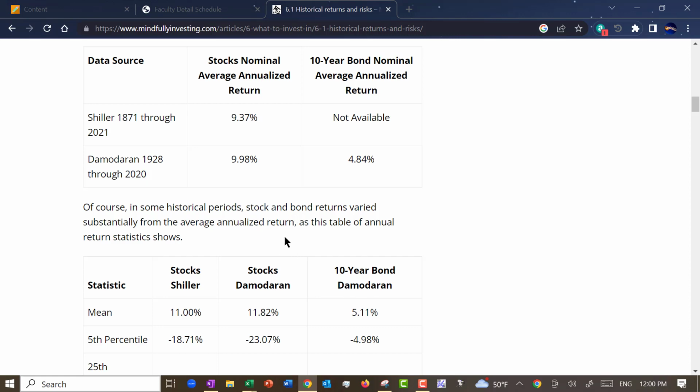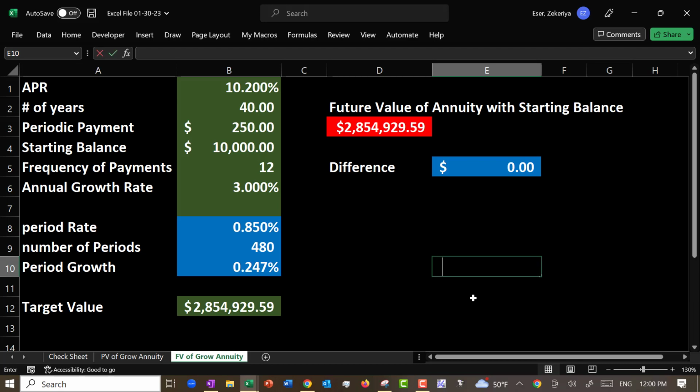So let's assume it's about 7%. It's about the right numbers. Again, we can do it using